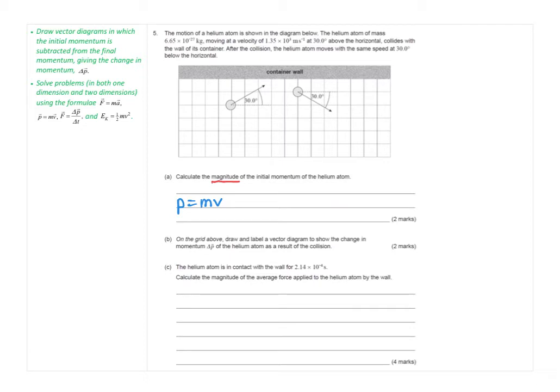And then we substitute in. So always show that substitution step. That's the best way to make sure you get maximum marks in the exam. So that's equal to 6.65 times 10 to the minus 27 multiplied by 1.35 times 10 to the 3 meters per second. And that overall is equal to